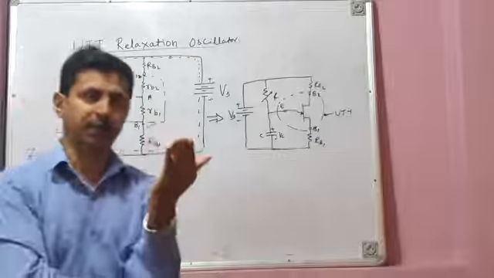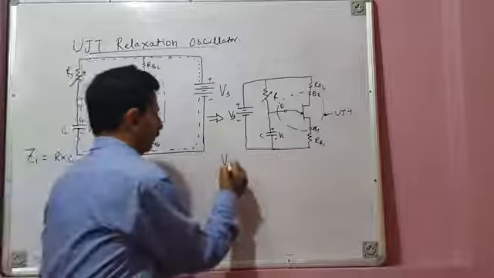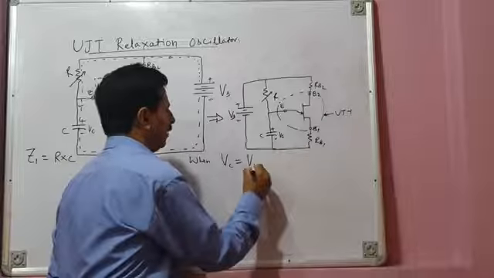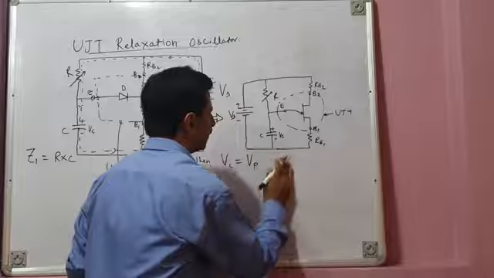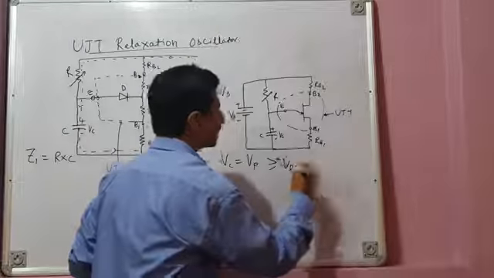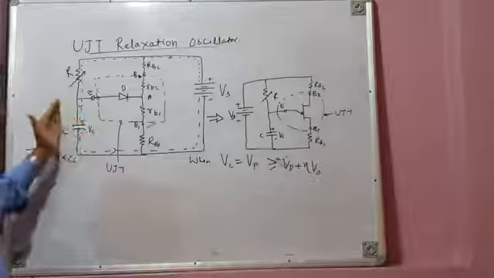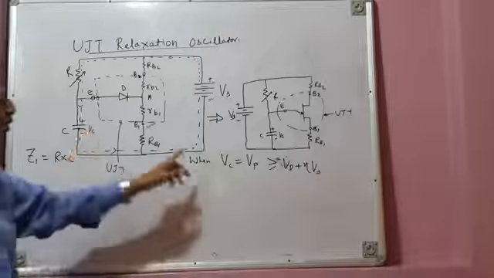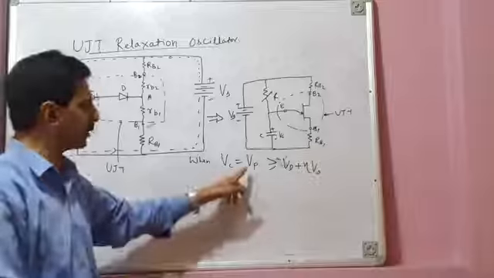Now since VC goes on increasing, as soon as this VC reaches peak point voltage, and you know what is peak point voltage. Peak point voltage is that voltage when capacitor voltage VC becomes equal to VP. It of course becomes greater than or equal to VD plus eta Vs. So therefore, when the capacitor charges and its voltage starts increasing, a stage reaches when this capacitor voltage becomes equal to peak point voltage. And from the graph, you have seen what happens at peak point voltage.